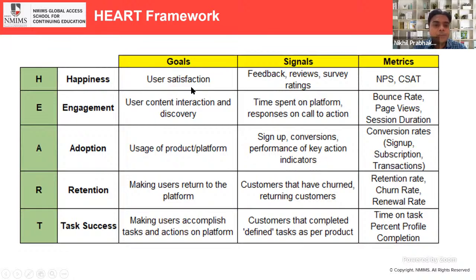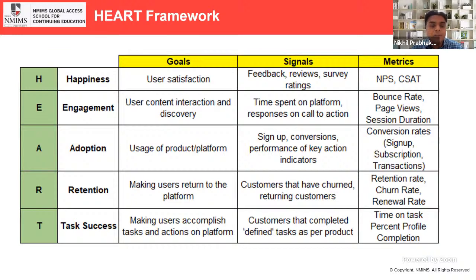So for example, user satisfaction, user interaction with our content, discovery of the content, usage of the product and platform, making users return to the platform. Are people coming back again and again? And are they able to take actions? So for this, each goal, we define certain signals that, when people write a review, we are able to understand